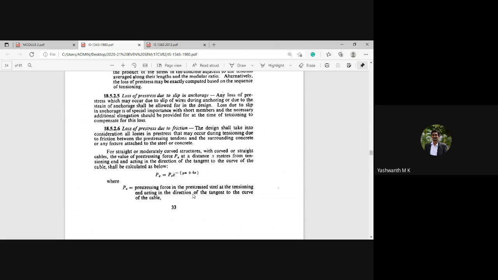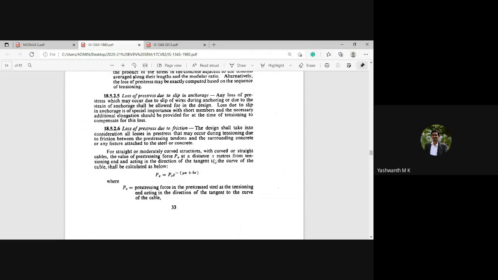This code will also help when there is an absence of data, for example creep coefficient data, missing shrinkage data, or relaxation of stress in steel data. In that instance you can go to the code, pick up the values, and calculate the loss of pre-stress. Is it clear? I hope you have understood how to obtain the loss of pre-stress due to various phenomena from these codes.